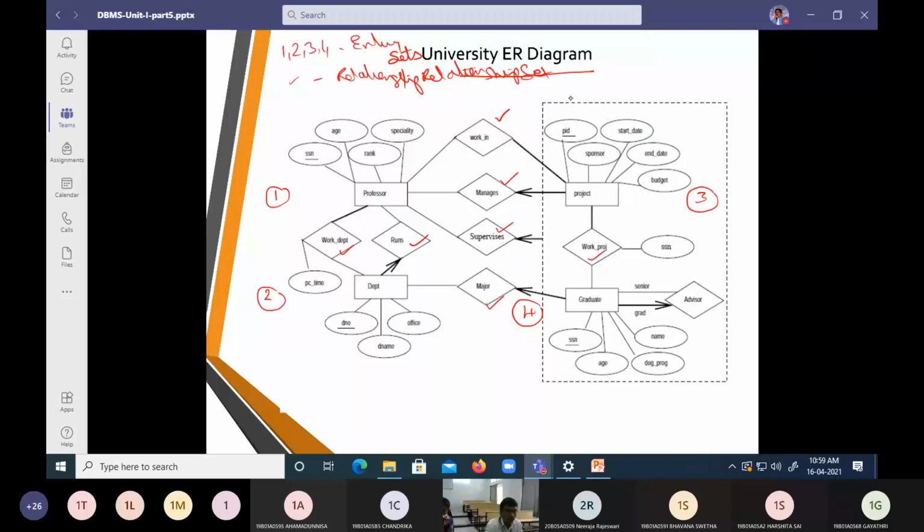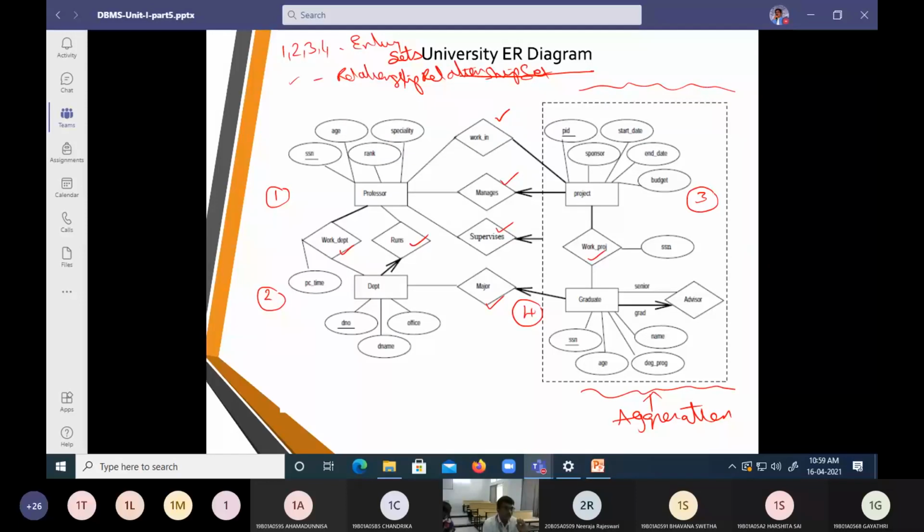The dotted line around these items, the dotted lines that we mention here, this is what we are going to call aggregation. Now, let us look in detail into the conceptual model.